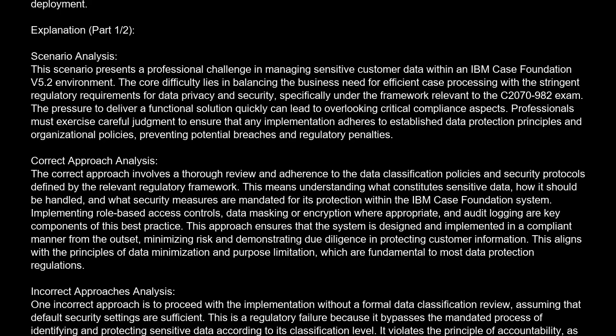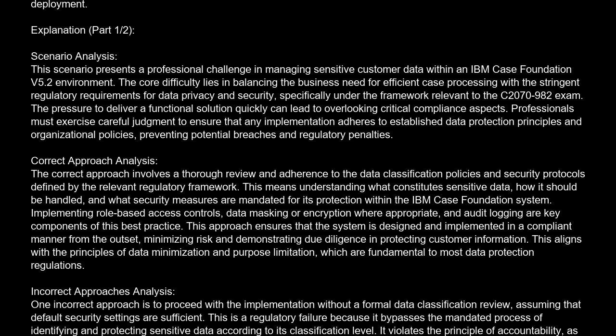The correct answer is D. Implement robust role-based access controls and data masking techniques within IBM Case Foundation, ensuring that only authorized personnel can view or modify sensitive PII, and conduct a thorough data classification review before deployment. Explanation. Scenario analysis. This scenario presents a professional challenge in managing sensitive customer data within an IBM Case Foundation v5.2 environment. The core difficulty lies in balancing the business need for efficient case processing with the stringent regulatory requirements for data privacy and security, specifically under the framework relevant to the